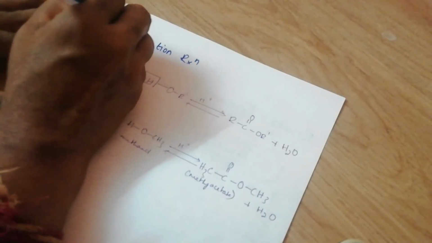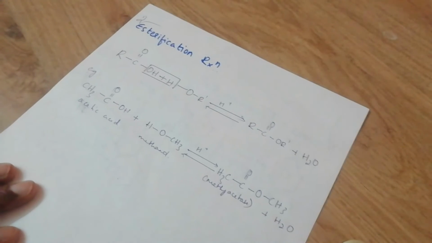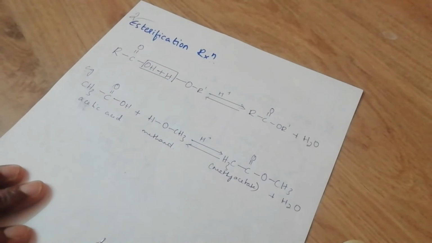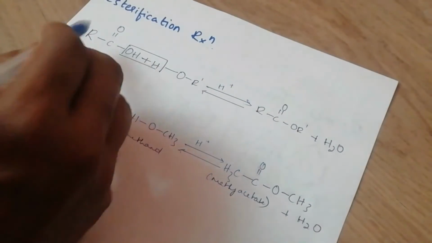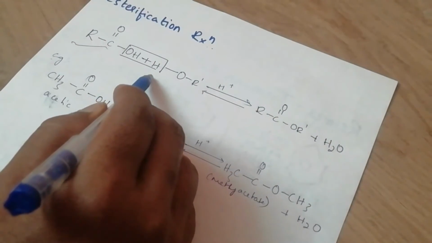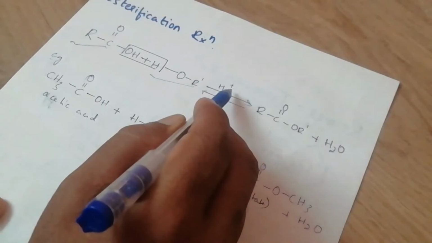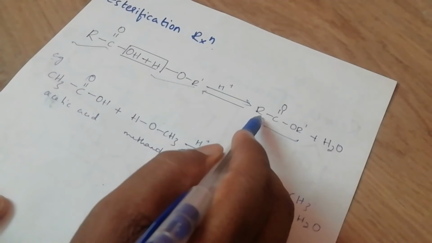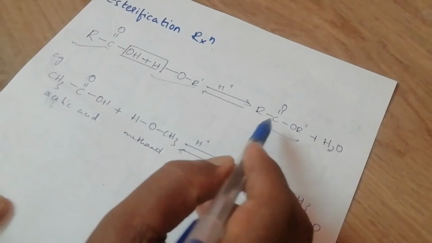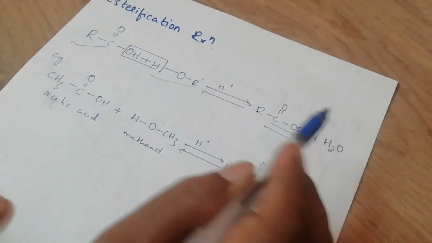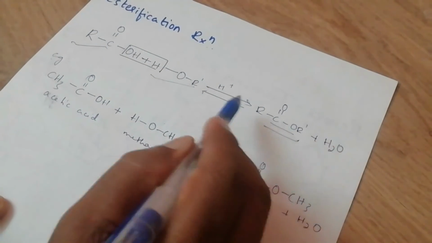The last one, which is very important, is the esterification reaction. What is esterification reaction? Ester is produced when any carboxylic acid reacts with any class of alcohol. It gives a sweet smell. Esters have the general formula RCOOR'. The ester functional group is COO. Here R and R' may be equal, a simple ester. R and R' may be different, a mixed ester.